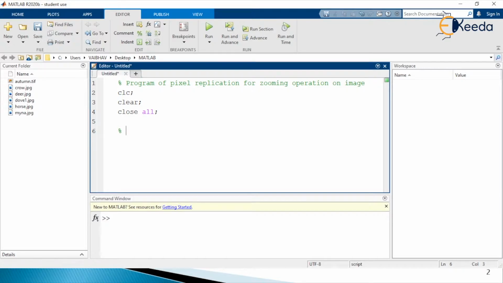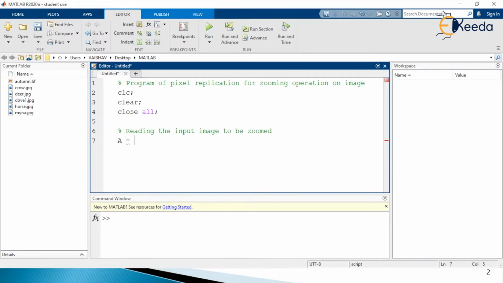I will just mention a comment line. So this is just for reading the input image to be zoomed in or zoomed out, that we shall see here. As a usual practice, I will accept the input image from the current directory, that is the MATLAB folder that I have on the desktop, and I will hold that input image in this MATLAB environment with the help of capital A as a variable here.